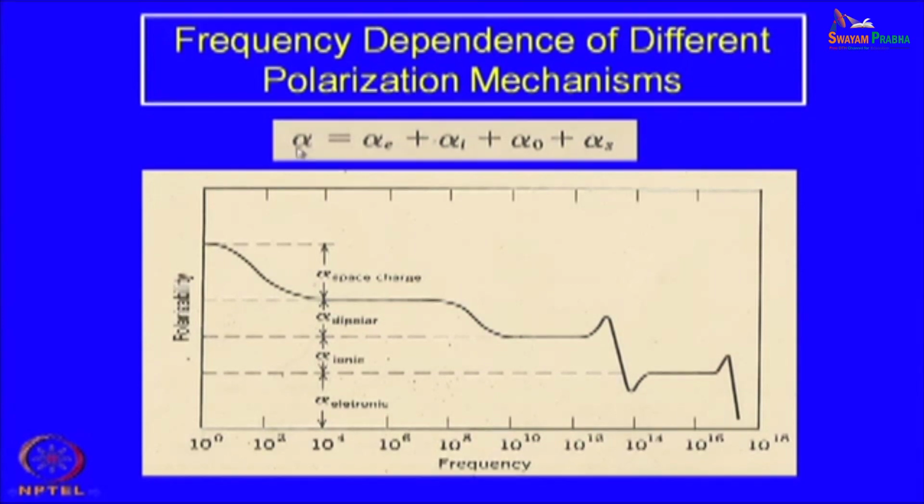And you can also see that total alpha at any given frequency is actually the summation of all the 4 polarizabilities: the electronic polarizability, ionic polarizability, orientation polarizability, as well as the space charge polarizability. So, these are the summations of 4 different mechanisms which will give rise to the overall polarizability or overall polarization